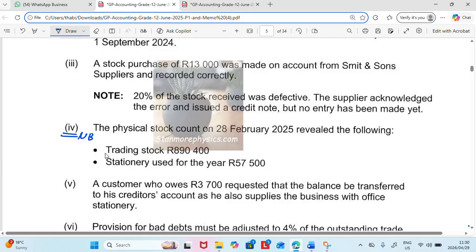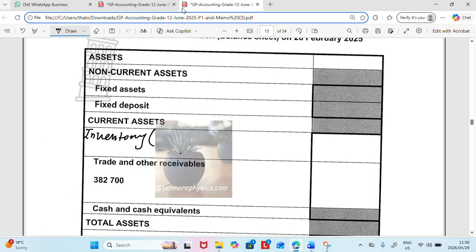So which trading stock do we mostly trust? We trust the trading stock from the physical stock count. So we want the trading stock from the physical stock of how much? 890,400, not from the list of balances. So you go and record that amount,